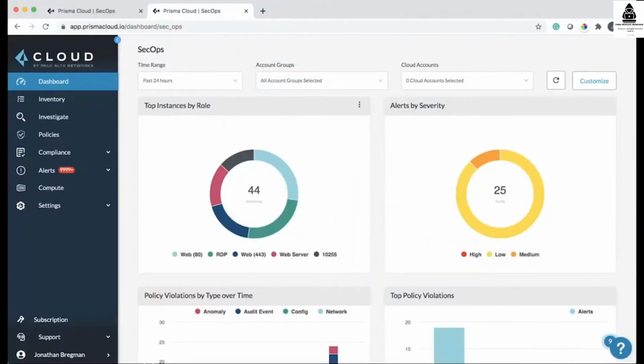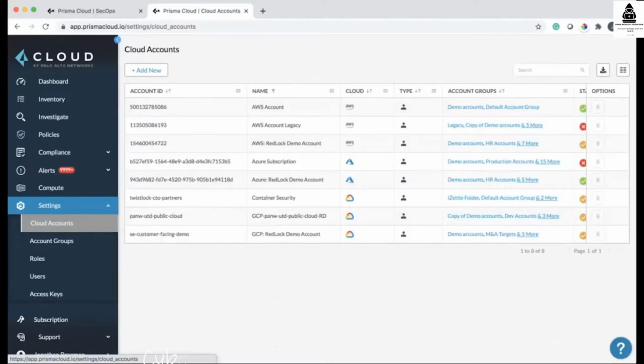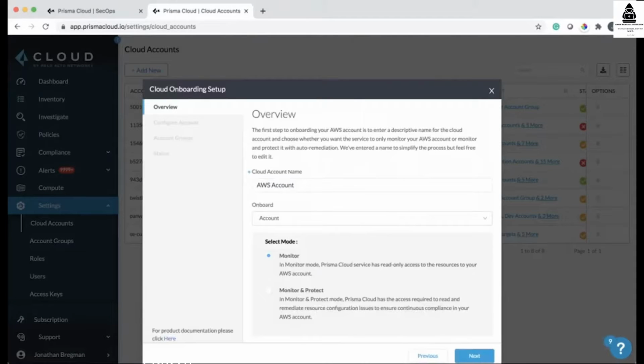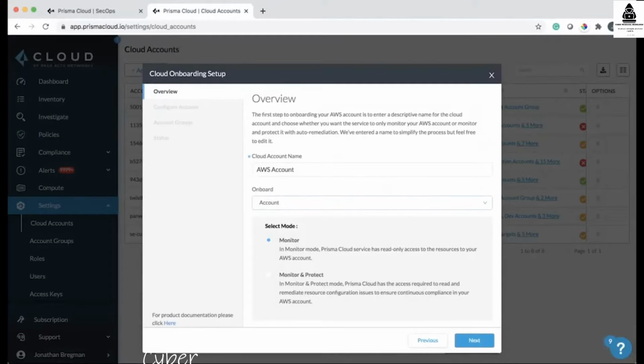Take a look at some of the cloud security posture management, or CSPM, capabilities of the product. Before we get started, I just want to show how easy it is to onboard a cloud account. It's as simple as clicking Settings, Cloud Account, Add New, selecting the relevant cloud we want to onboard, choosing whether